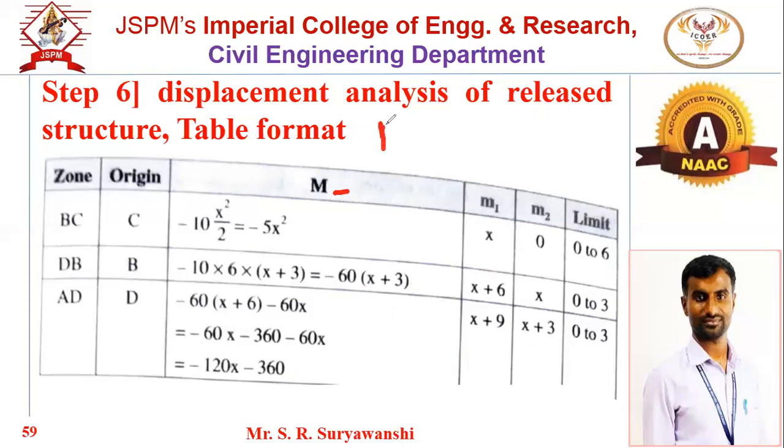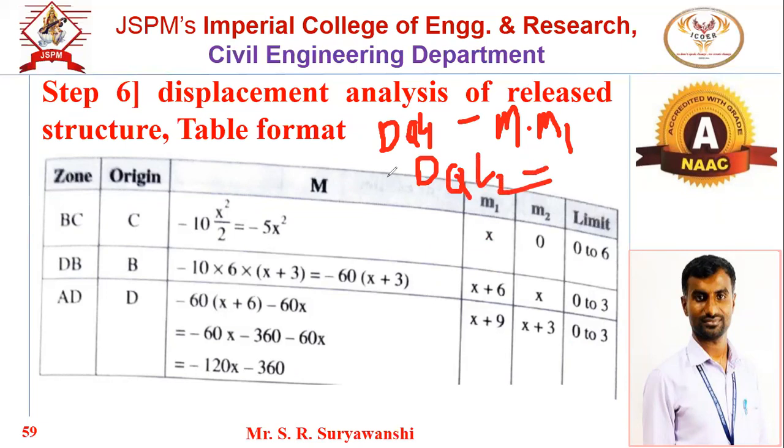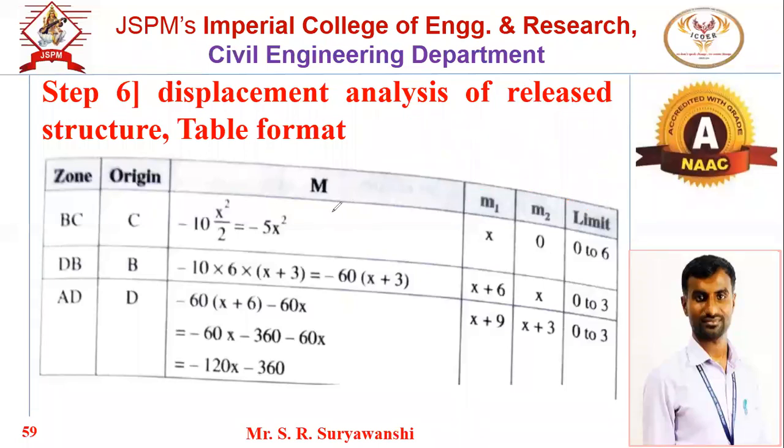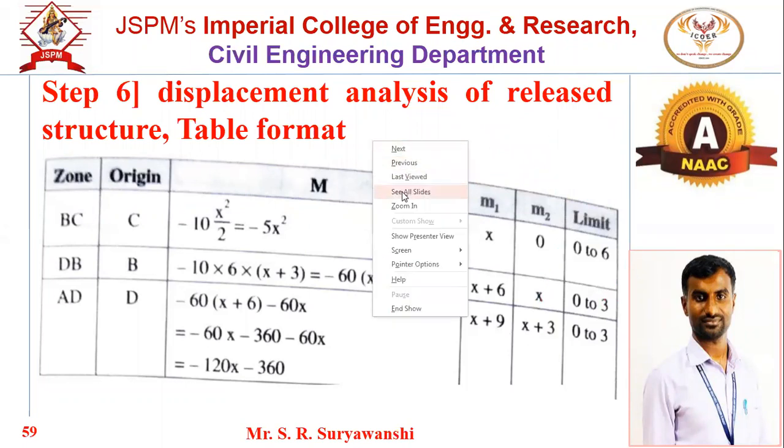So for DQL1, we have to consider the summation of multiplication of m into m1. Now tell me, for the second element DQL2, which two terms we have to consider? DQL1 साठी m into m1 असेल तर DQL2 साठी काय असेल मग? Yes, capital M into small m2. Correct. Means for DQL2, this term into m2, plus integration of this term into this term, plus m into m2. So the same funda we have to apply and perform the integration.